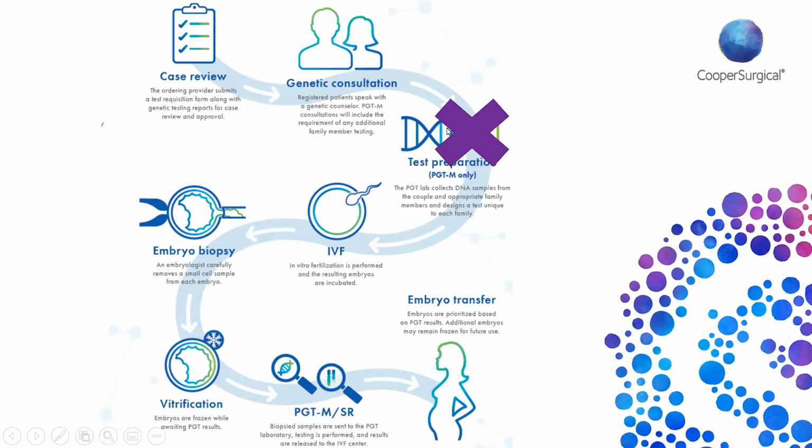And so, it's not uncommon for couples to have more than one cycle. When you do start your IVF treatment cycle, your embryologist will carefully take a biopsy of the outer layer, the trophectoderm, just a few cells. On average, it's about 5 to 8 that we receive in our laboratory here in London for testing and analysis